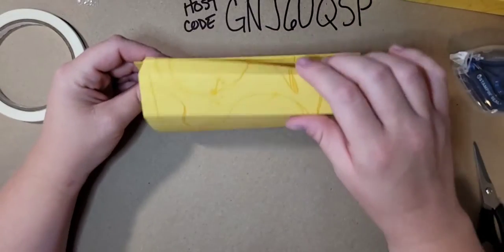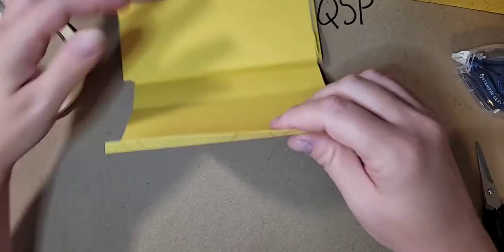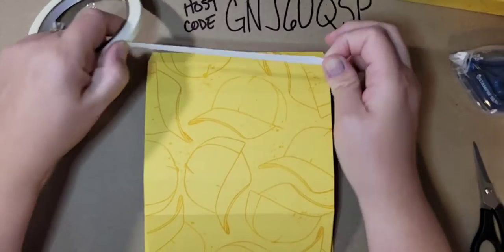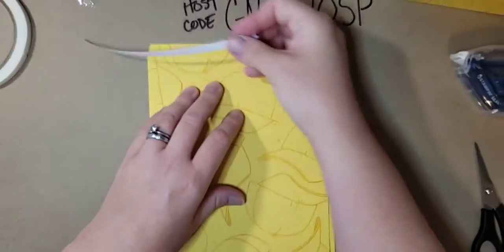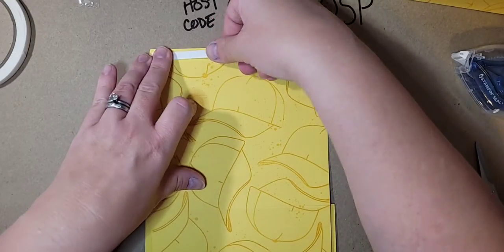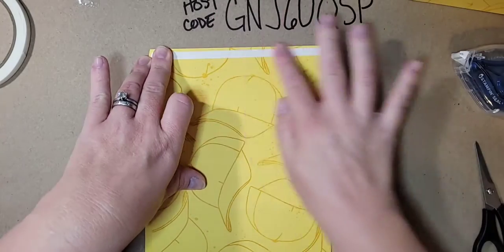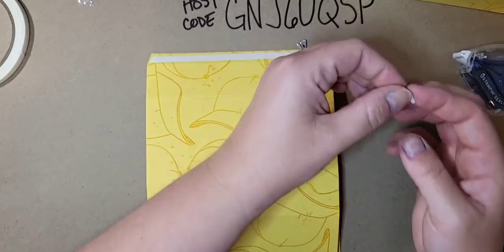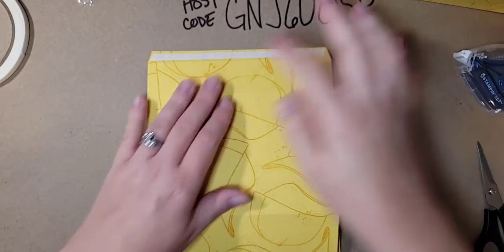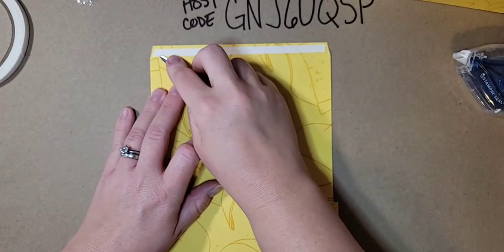And now we are ready to assemble the entire box. So the last part of adhesive is going to be on this 1/2" tab. And we want to run it all the way across right up against that score line. Just like that. A little bit extra there. So let me get that off my finger. There we go. So that's on that 1/2" tab on the